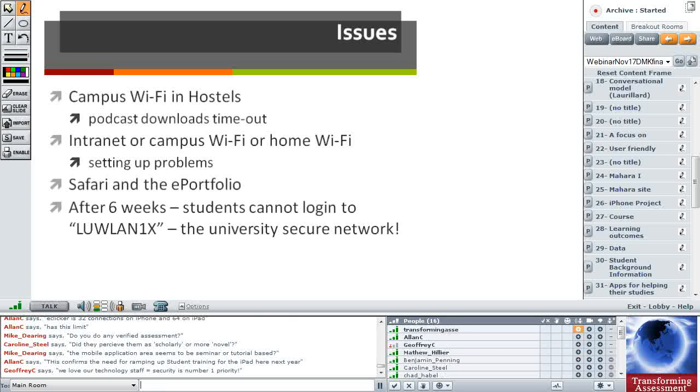And in fact, we identified considerable numbers of issues with the secure network and problems with our students logging in. And certainly from our perspective in the TLC, if we're going to continue this project, we need to sit down and have some very useful conversations with our IT staff about allowing our students to use the network in ways that they're more familiar with.